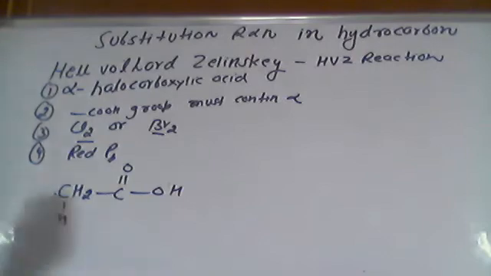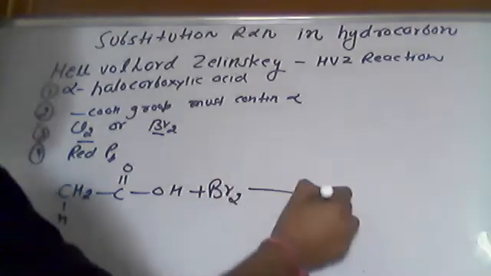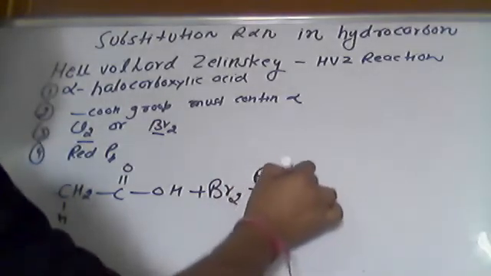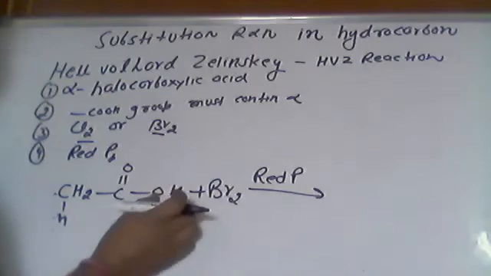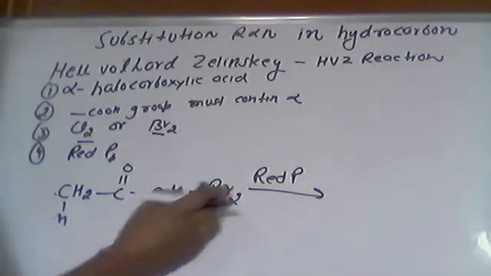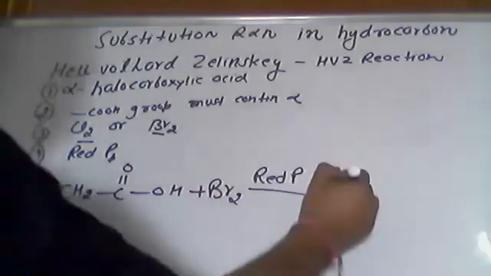Now I'm going to treat this with Br2, or you can treat with Cl2, and the reaction takes place in the presence of red phosphorus. We have three phosphorus forms: red, white, and black. White phosphorus is poisonous. Red phosphorus is basically used as one of the components in matchsticks, as its ignition temperature is low. Generally we would replace the OH group, but in the presence of red phosphorus, this OH will not be replaced. This hydrogen is going to be replaced.